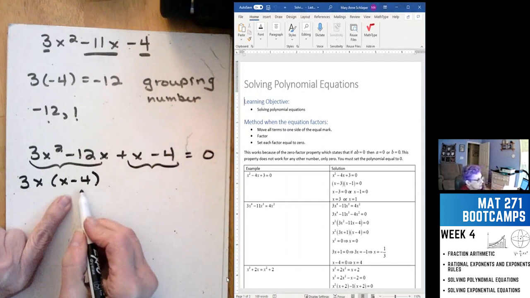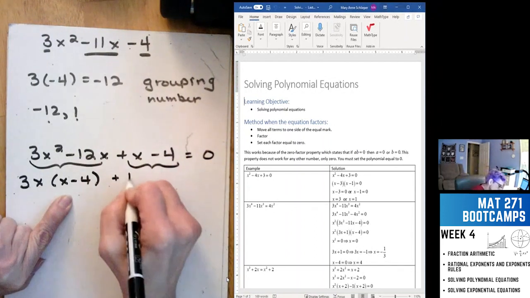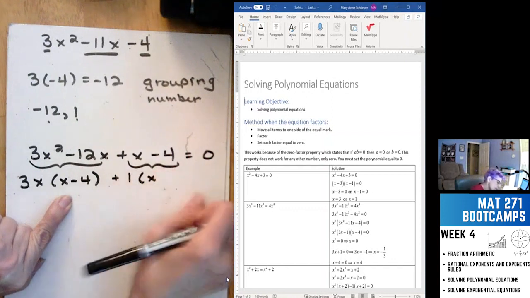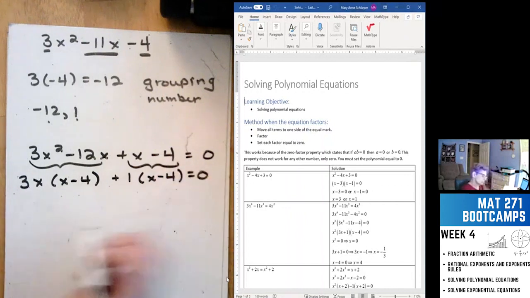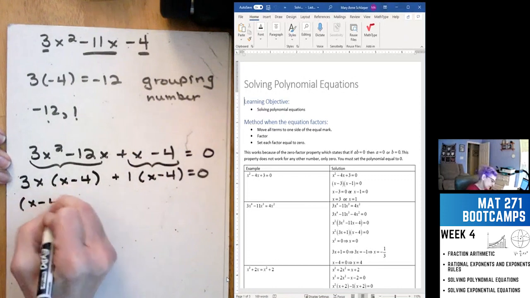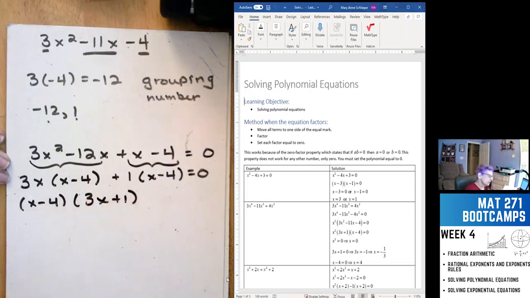But life is good because they look exactly like this little set of parentheses here, so I'm just going to put a 1 next to them. Then I have a common factor, x minus 4, times 3x plus 1, and I have factored it, and I get the exact same thing that I got when